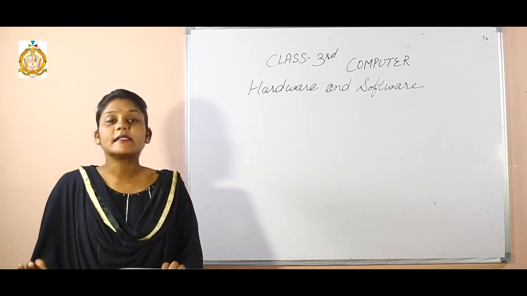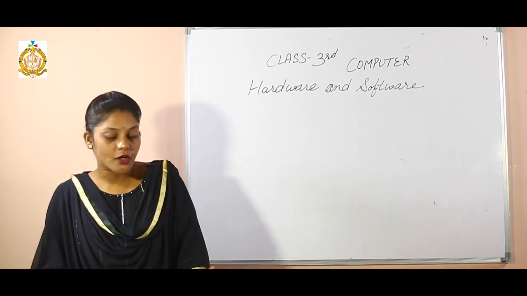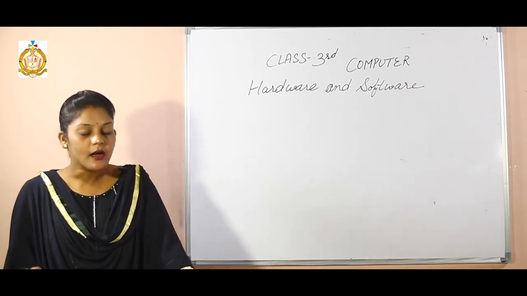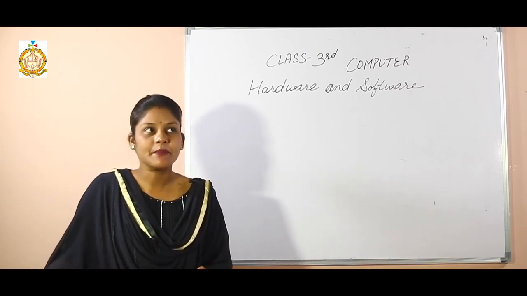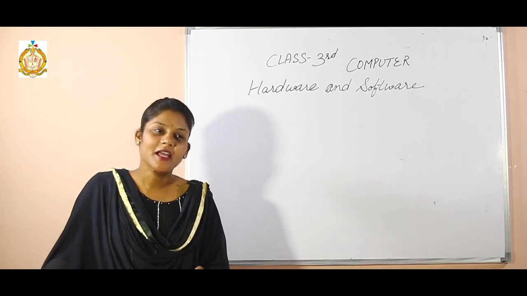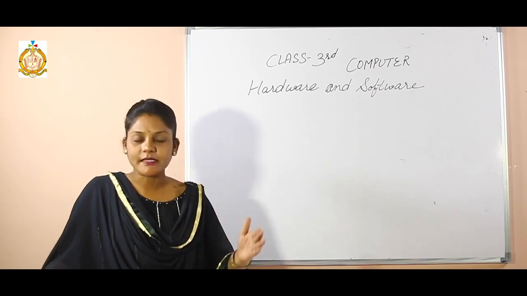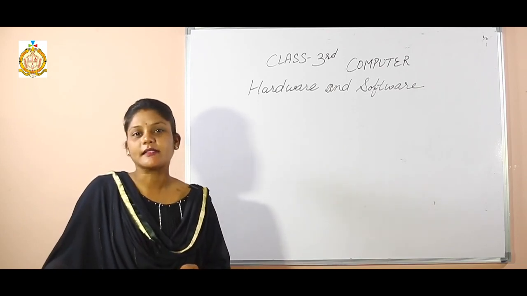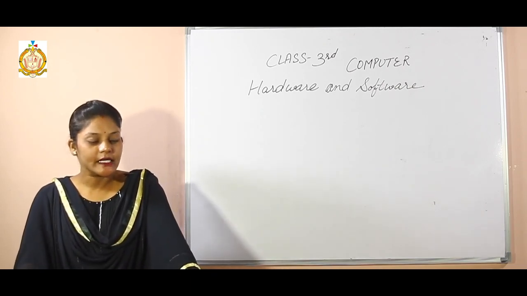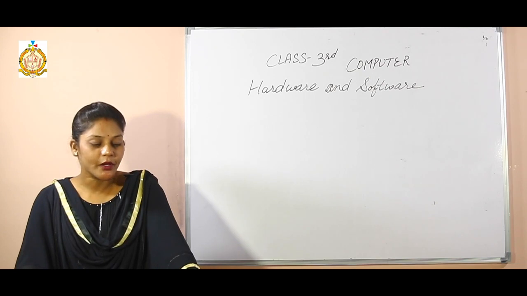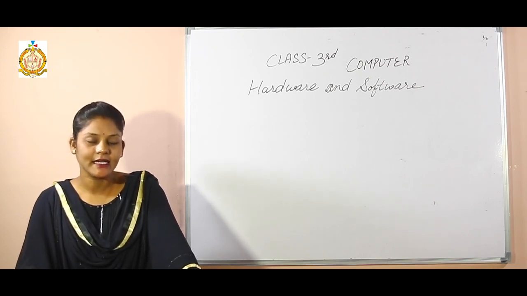So next is system unit. What is system unit? System unit is a plastic or metal case that stands near the monitor. That is also called the CPU. Clear? CPU, central processing unit, because all the processing work is done inside of the CPU. Some system units are placed below the monitor. It is the most important part of the computer system. It is also called the computer case.